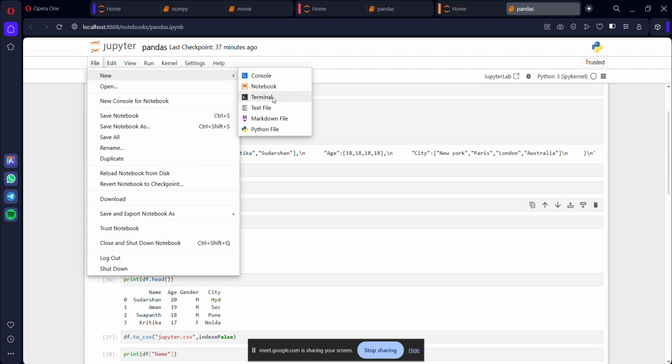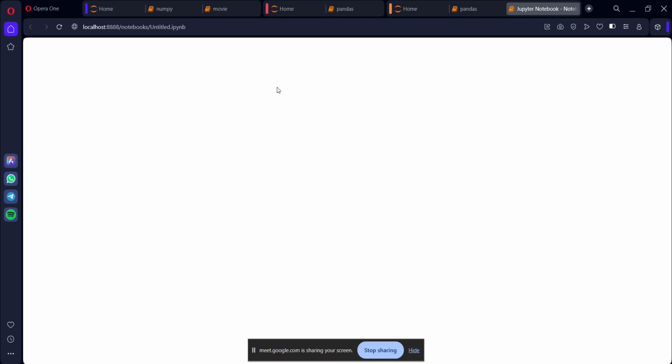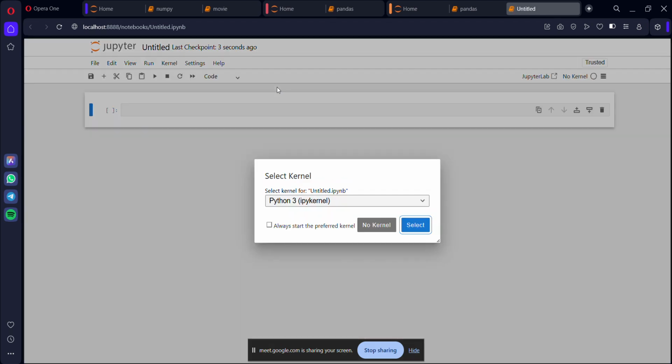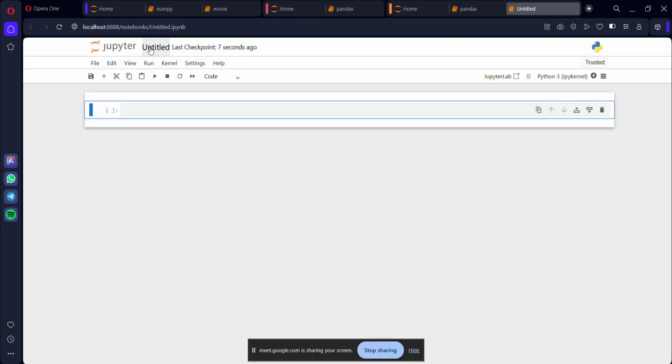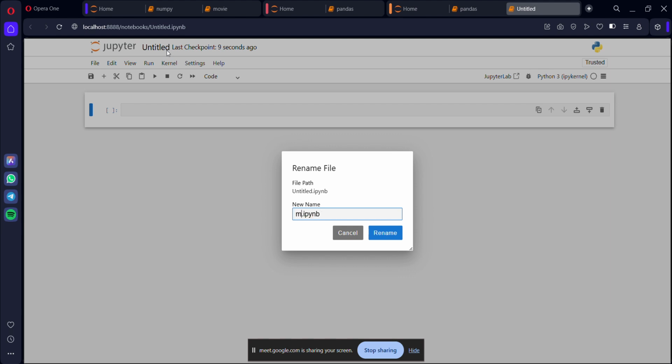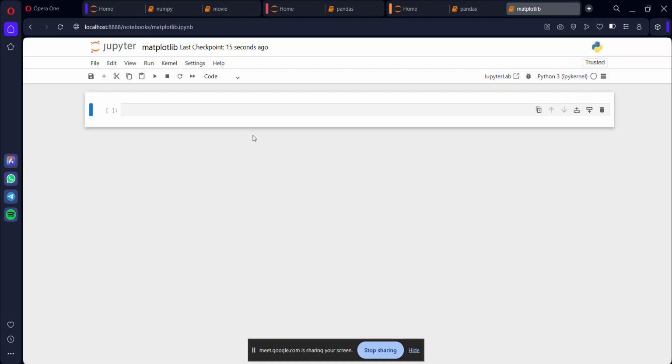I'll open a new one because we'll be dealing with matplotlib, right? I'll name it that. Select and matplotlib dot ipy. Rename. First, we need to import it. We have installed it, right? import matplotlib